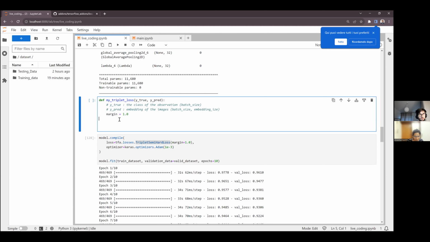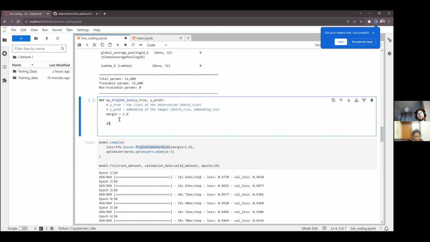We want to compute the distance matrix of that. So what we called before D2, but that was simply for one example. Now we want to compute it for all the batch at the same time. I want to get something that will be of size batch size by batch size.